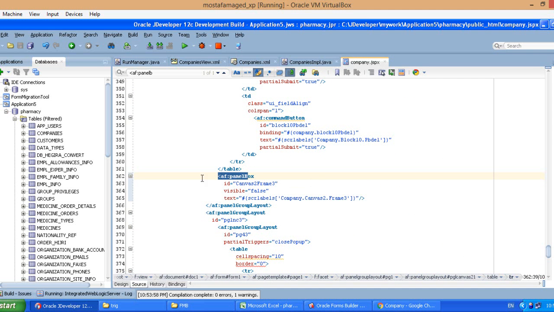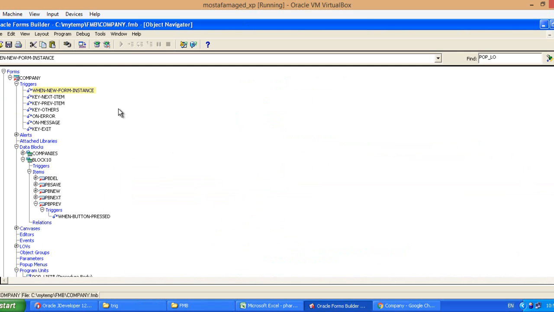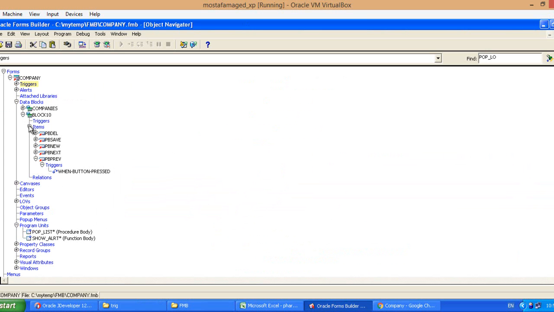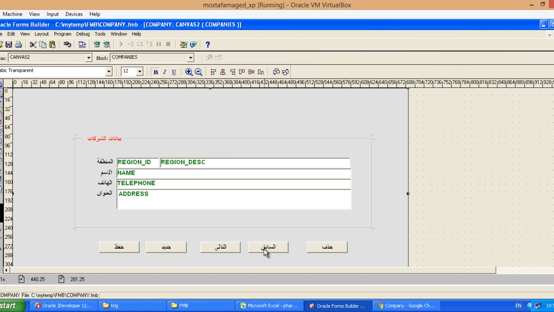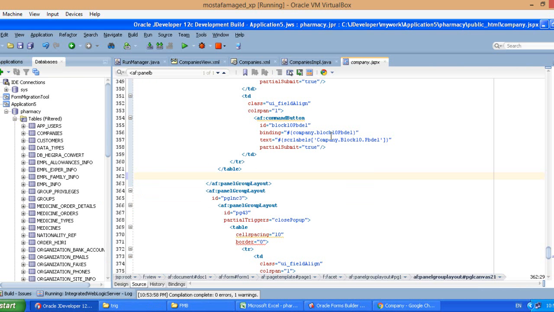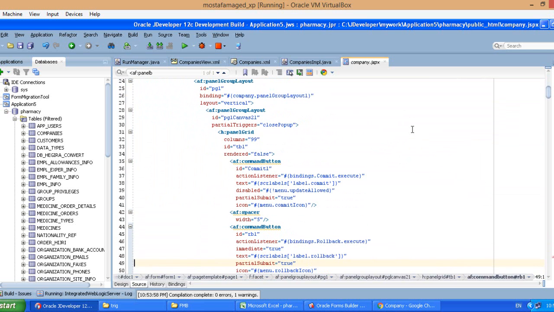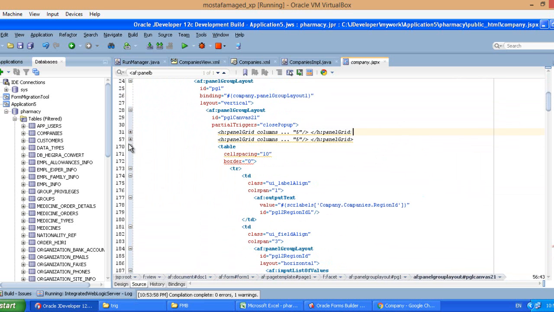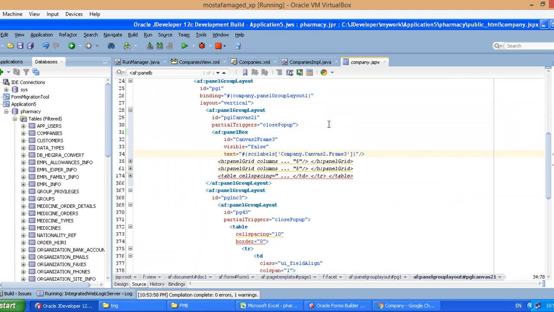This panel box. Okay, there was actually in the original form a frame. So in ADF it's panel box we generated from the tool, but it just requires to be placed perfectly. Okay, now here is the required data. So I'm going to place the panel box visible equals true,